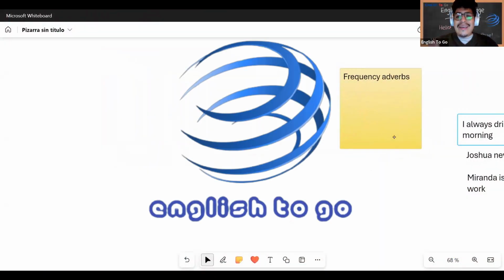Welcome back, guys. And this is the formula for the frequency adverbs in a sentence, okay? This part of the class is dedicated to analyzing the grammar. It means the elements in the sentence that we normally have to use to express an idea in a correct way, okay? So frequency adverbs are normally used in the simple present. It means for actions that we normally do with certain frequency, or that are habits or routines, okay?